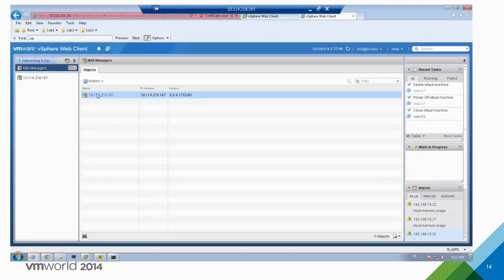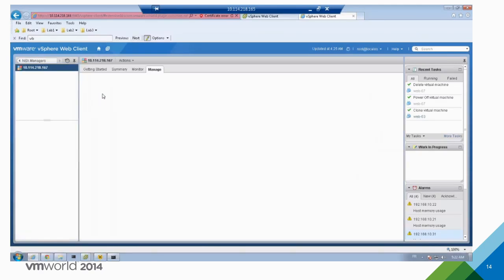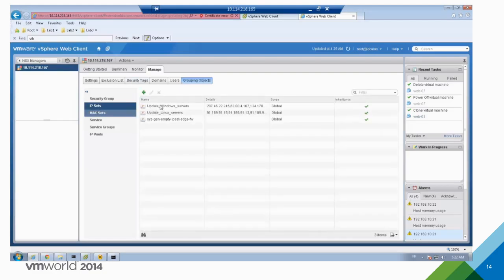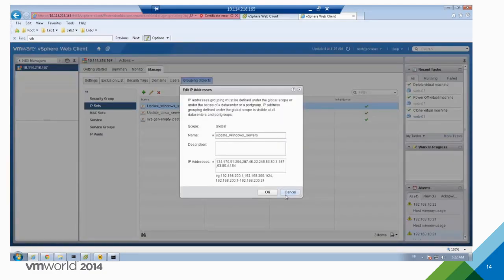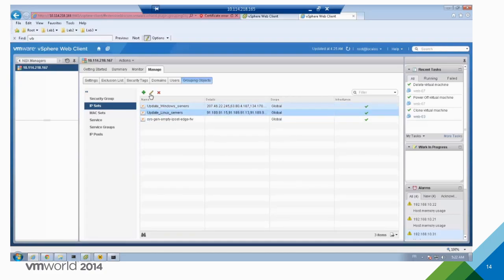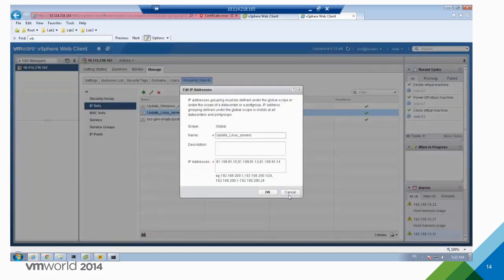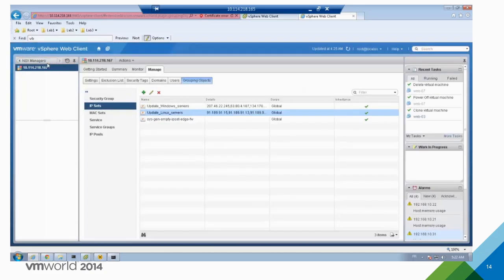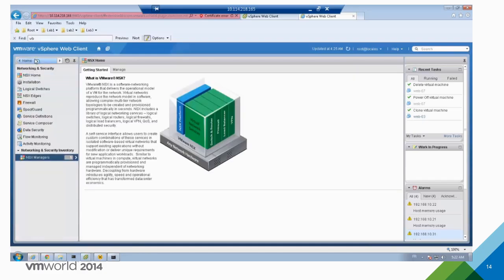And so to do this example, you just go on NSX, you create IP sets, so an IP list of Windows servers and Linux servers. So you have them in this IP set, so NSX knows about those servers.